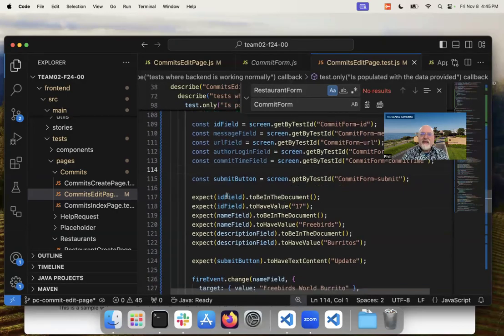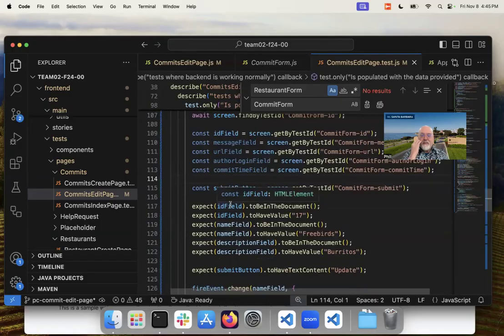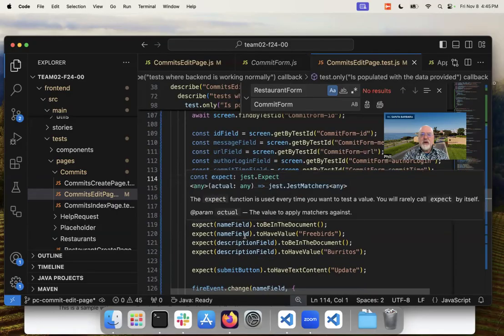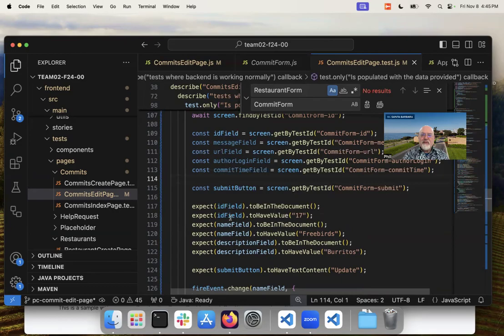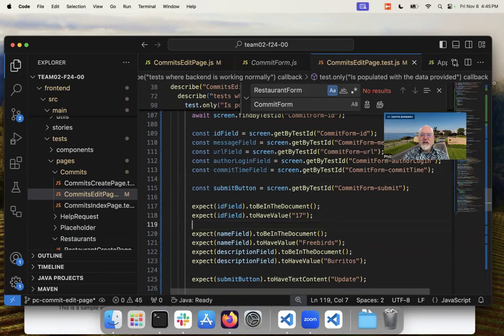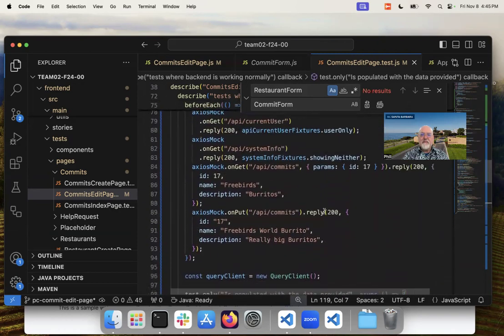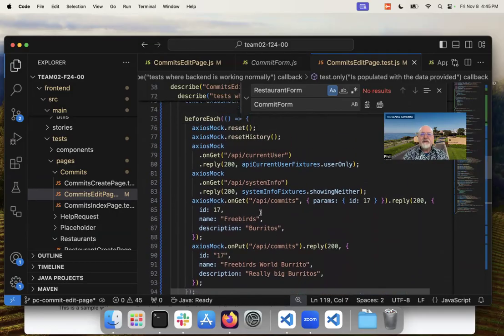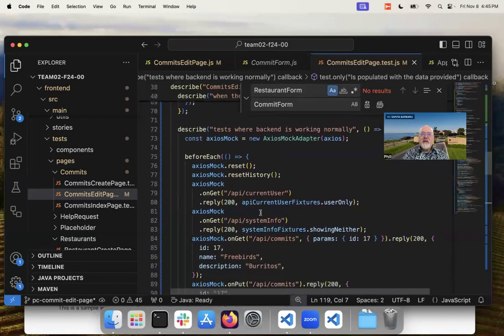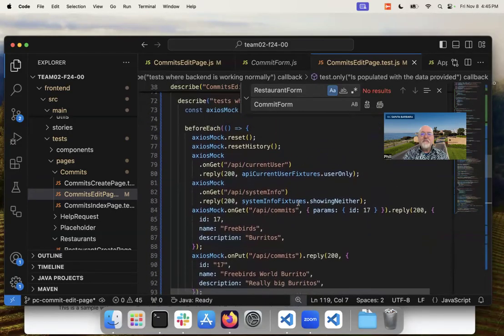And we then can do expects. Basically, these are like assertions. We expect the ID field to be in the document. We expect it to have value 17. Now, here's something we need to be careful of with the edit. Here we have Axios mock on put 17 Freebirds. This is not right. We need to decide, first of all,